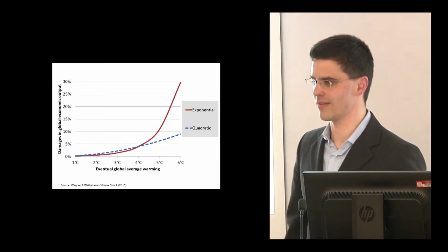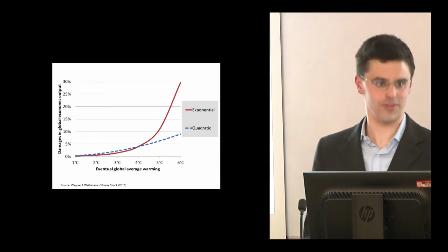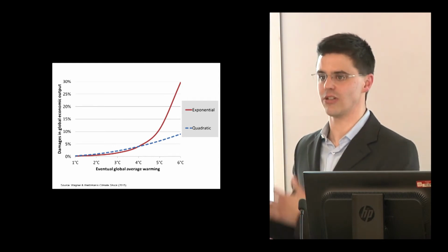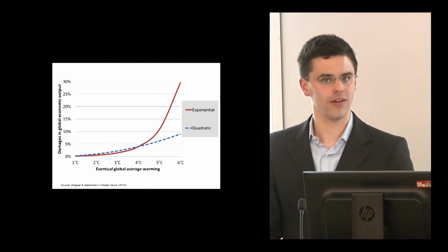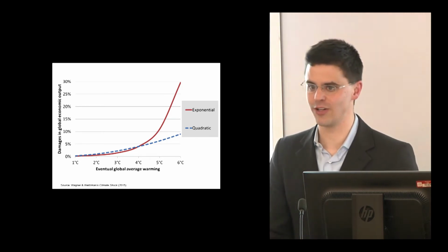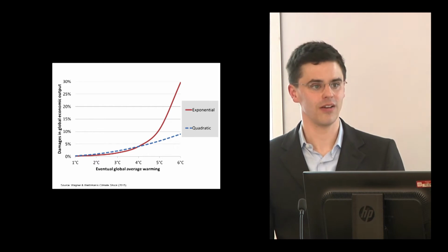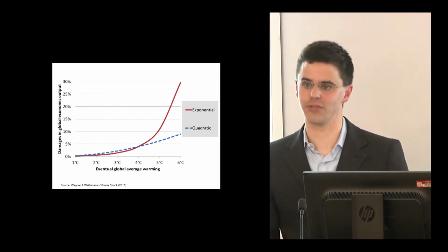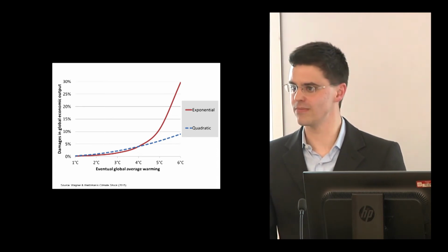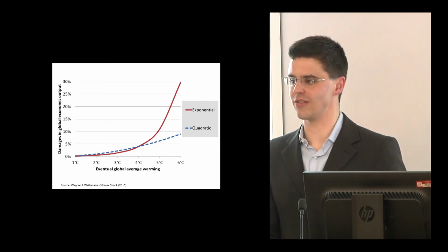No one cares about temperatures. We care about the damages caused by temperatures. And then, of course, you need to make yet another set of assumptions. How do you translate temperatures into actual monetary damages? And then you look at the assumptions that we've had now for the better part of, well, certainly this century, but basically for about 30 years at this point. We've focused on a few models, 3 of them to be precise, that also feed into this $40 number, that all make very simple, tractable, technical term, assumptions of how you translate